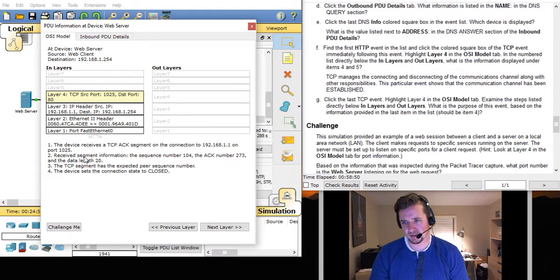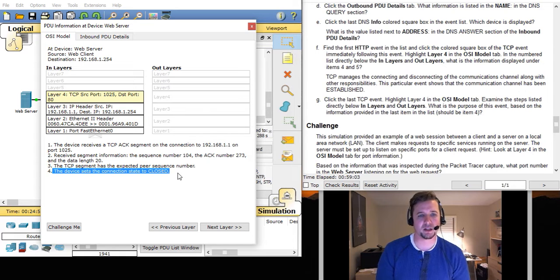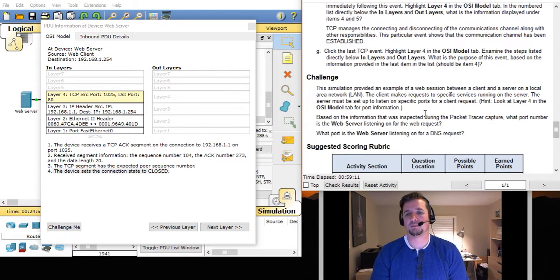What is the purpose of this event? Based on the information provided in the last item in the list, should be item number 4. Well, right here it says that the connection has been closed at this point, letting you know the communication has ended, and you have the information that you requested. Pretty straightforward. All right. Under challenge,